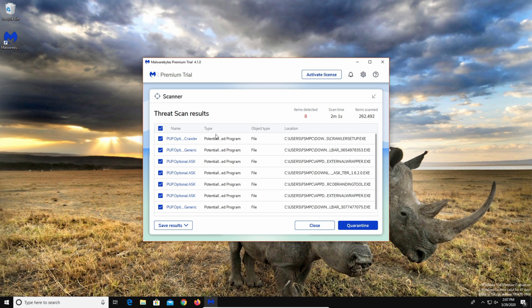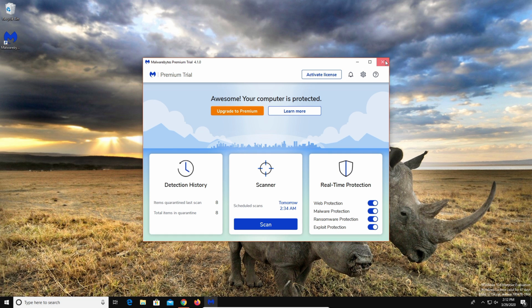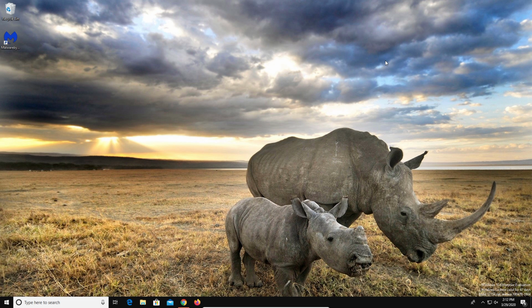Once the scan has completed, it will give you a list of results if any are found. Just make sure that all of the boxes are checked, and then you'll just want to go ahead and click on Quarantine. And if it prompts you to restart, just go ahead and click on No, we will restart later. At this point, you can go ahead and close Malwarebytes and then go back down to the steps down below